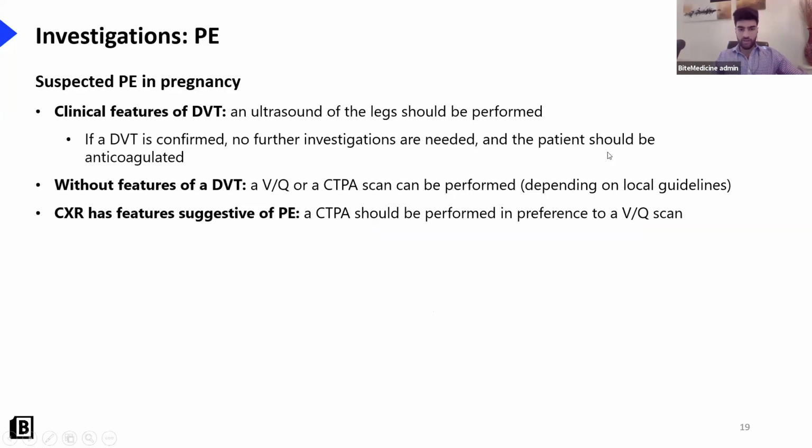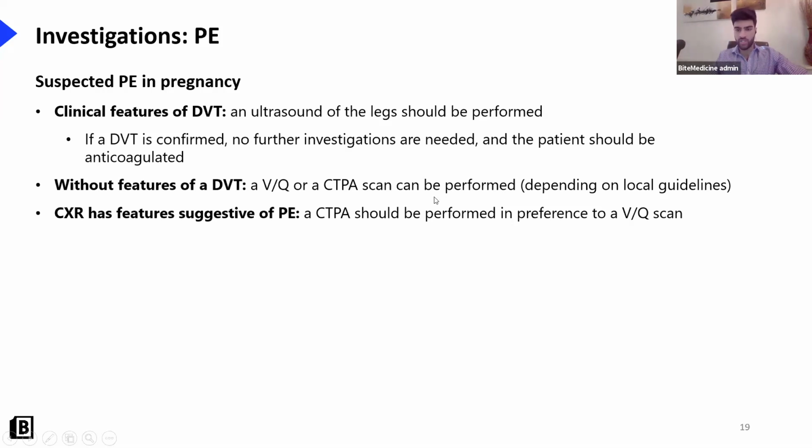So this is where we need to talk about a VQ scan. Some of you said you do a VQ scan in pregnancy, which isn't quite correct. The guidance isn't clear, really. This is what NICE and the Royal College of Obstetrics and Gynecologists say. If you suspect a PE in pregnancy, if they have clinical features of DVT, do an ultrasound of the legs. If the DVT is confirmed, you don't need to do anything else. You just start anticoagulation. If they do not have features of a DVT, then a VQ or a CTPA scan